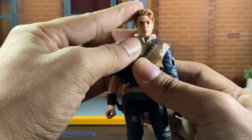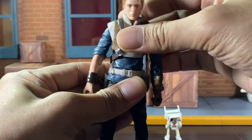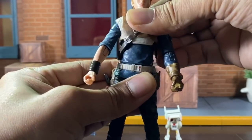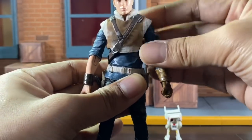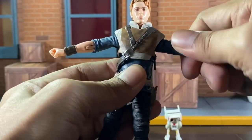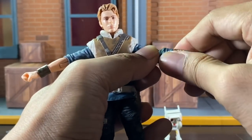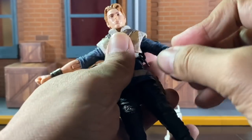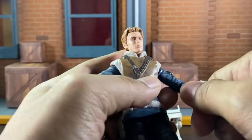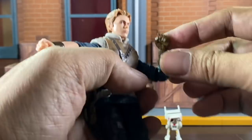So there's a good articulation there. Now for the torso, he has a good enough ab crunch, and there's a ball joint so you can rotate his body. And for his arms, there's a single joint and a bicep swivel. There's also a joint where you can rotate his arms, and a single joint for bending his arms,